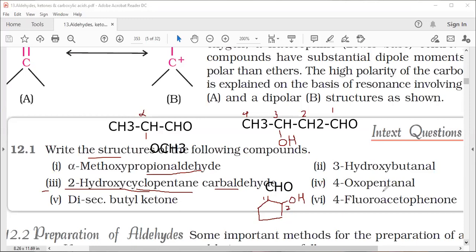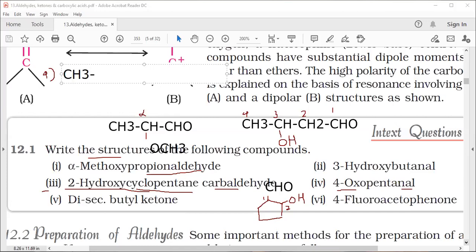Now fourth, 4-oxopentanal. Oxo means which group? And al means which group? CHO. Correct. So fourth, here 4-oxo. Oxo means ketone and al means aldehyde. And pentanal, total number of carbon 5. So we write CH3